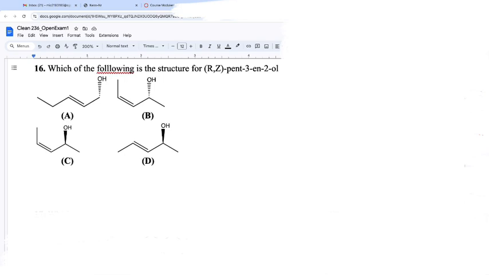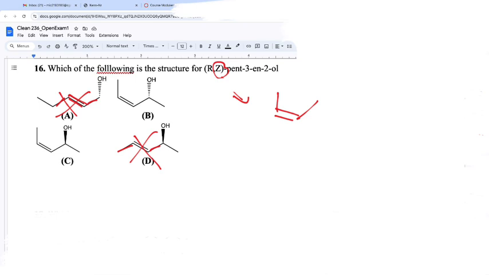This is one, again, I would straight up skip. At the end of the test, maybe I would try and come back to it. This is one where you would probably see me mumbling to myself "on the same side," trying to make sure I get that Z with the double bond correct. On the same side, I need to make sure I'm getting my groups on the same side. So I would go through and start with that. That's opposite, so A's wrong. B's got them on the same side. C's got them on the same. D's got them on opposite sides, so that's wrong. Okay, so I would have narrowed it down to B and C.